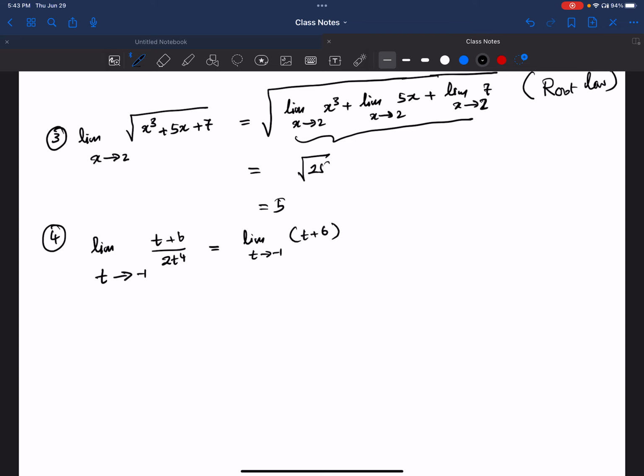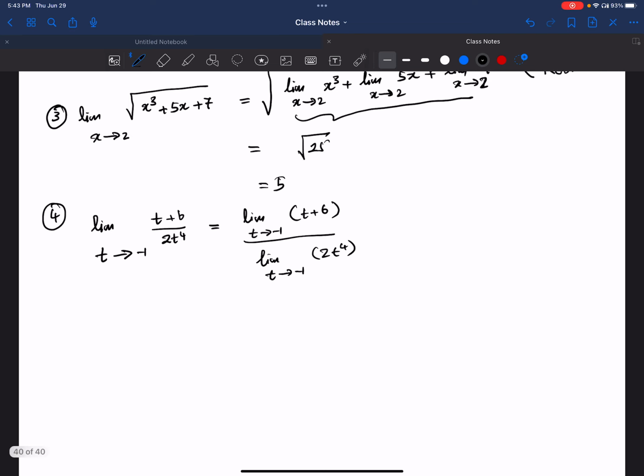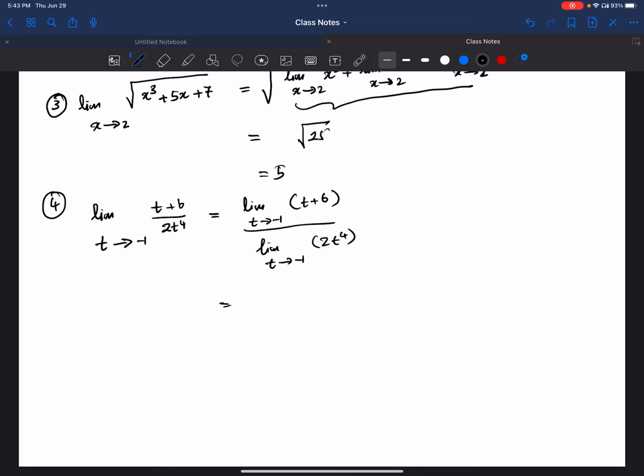And you can put limit 2 times t to the power 4, and then this is called